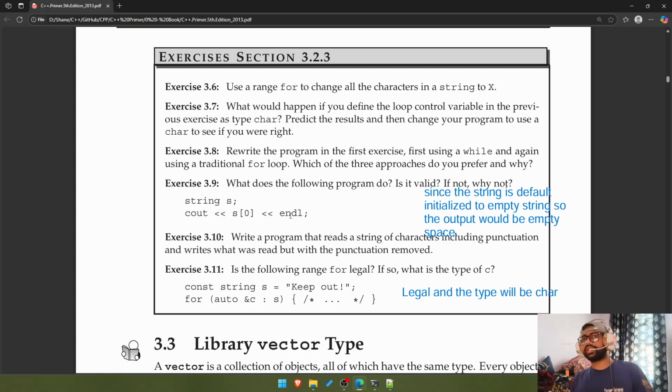And then we move on to exercises, which I'll cover next time around. So for now,